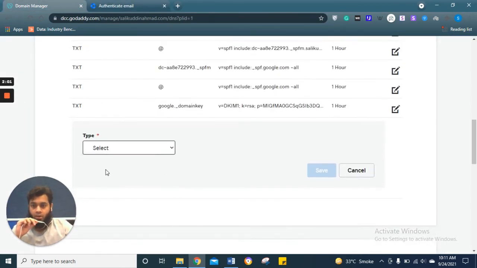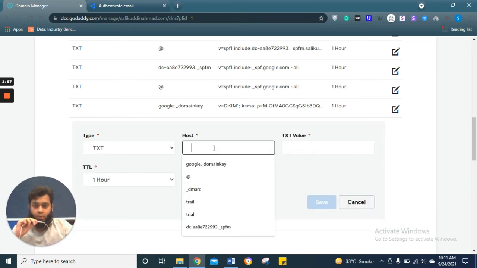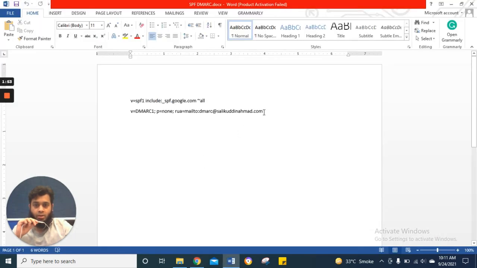TXT. Now for DMARC, it is _dmarc, and the DMARC value would be this. You can see what I have changed here is v=DMARC1, p=none, rua=mailto:dmarc@yourdomain. My domain is salikuddinahmed.com, so I have put that domain.